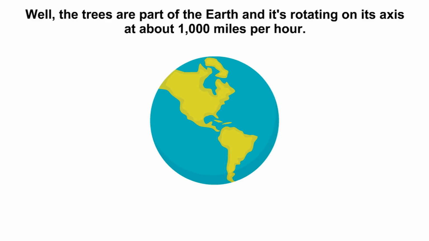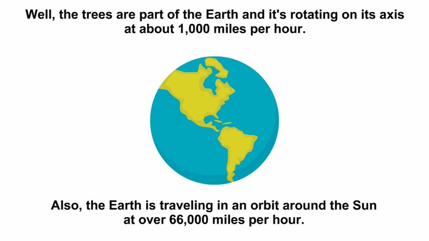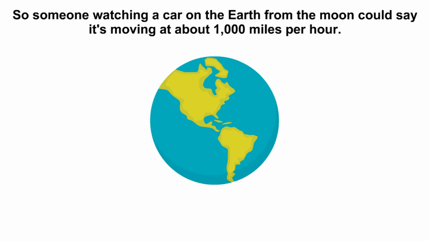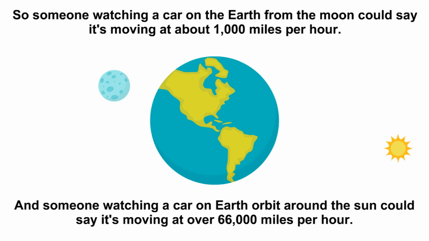Well, the trees are part of the Earth, and it's rotating on its axis at about 1,000 miles per hour. That gives us day and night. Also, the Earth's traveling in an orbit around the Sun at over 66,000 miles per hour. So someone watching a car on Earth from the Moon could say it's moving at about 1,000 miles per hour. And someone watching a car on Earth orbit around the Sun could say it's moving at over 66,000 miles per